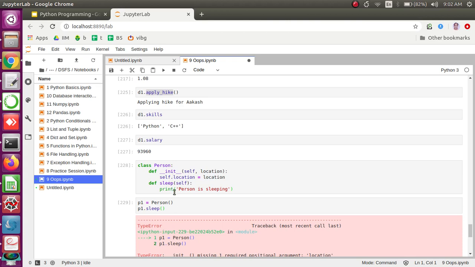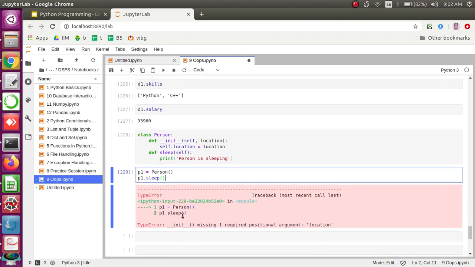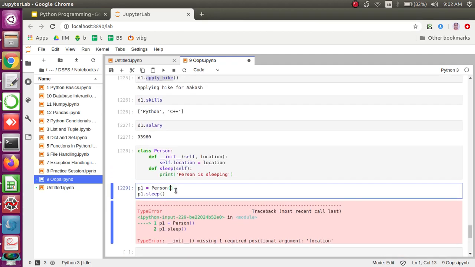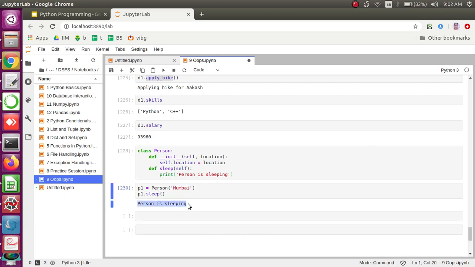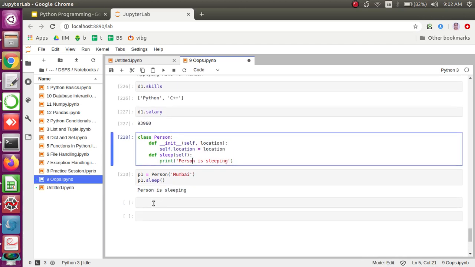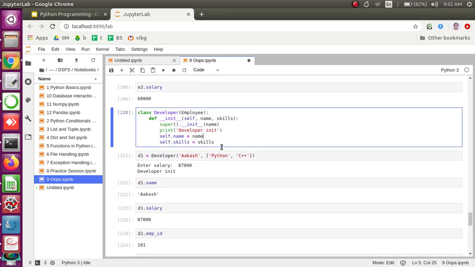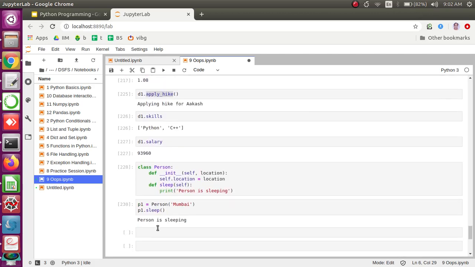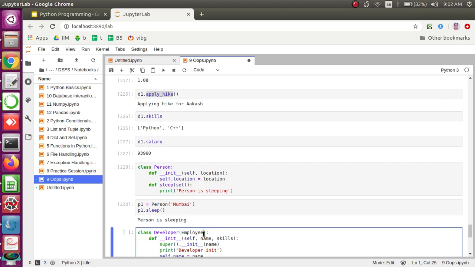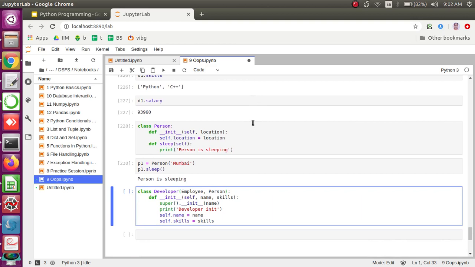This is the person, and you are trying p1.sleep: missing one positional argument. Yeah, location we missed it, sorry. Here, suppose Bombay. So it says that the person is sleeping now, right? That's pretty simple. Now I want to inherit, and I am taking the same kind of example once again. This time, instead of inheriting a developer from an employee, I inherit a developer from employee as well as a person,